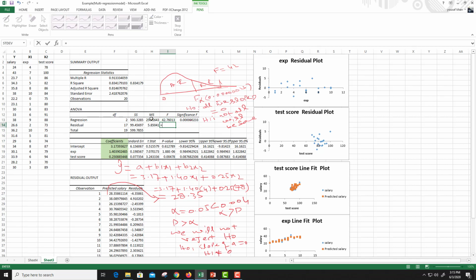It is equal to this value divided by this value. This is the regression mean sum of square divided by the residual mean sum of square. In this way you will calculate 42.760. This is the same value. So you will derive this value by dividing the regression mean square by the residual mean square, or the error mean square. So the calculated value lies in the rejection region,